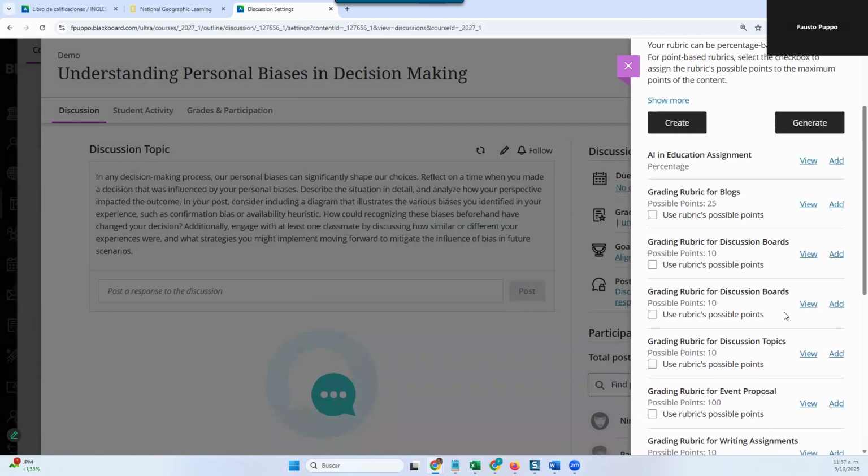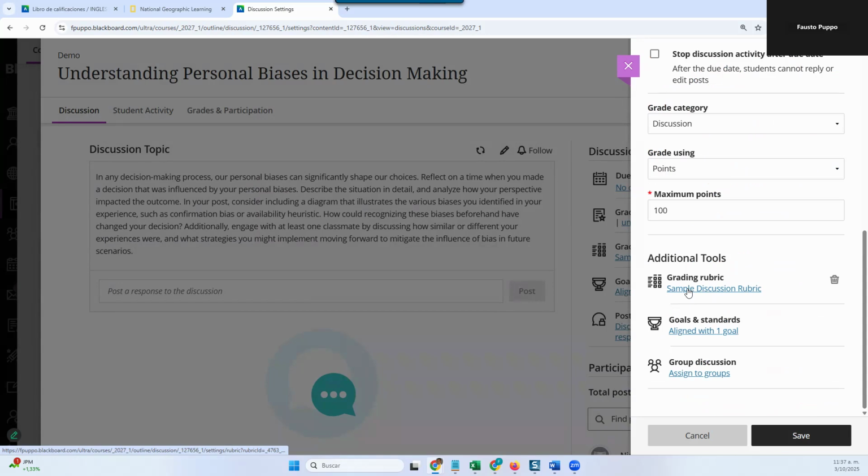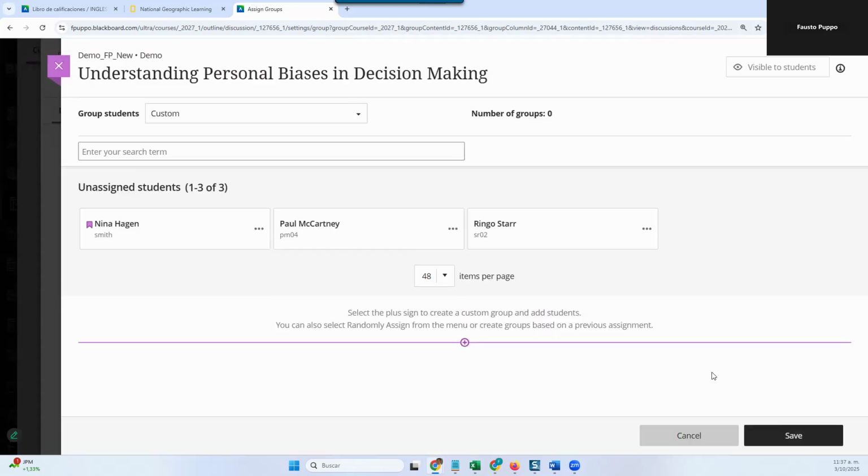And now let's look for the sample discussion rubric. Don't forget the last step. You want to click on Add. And now they have been linked. Here I have just 3 sample students, but if you had a large class and assign to groups, and then create the custom rules. I don't have enough students here to randomly generate groups. I need at least 4, but I could choose that option as well, or